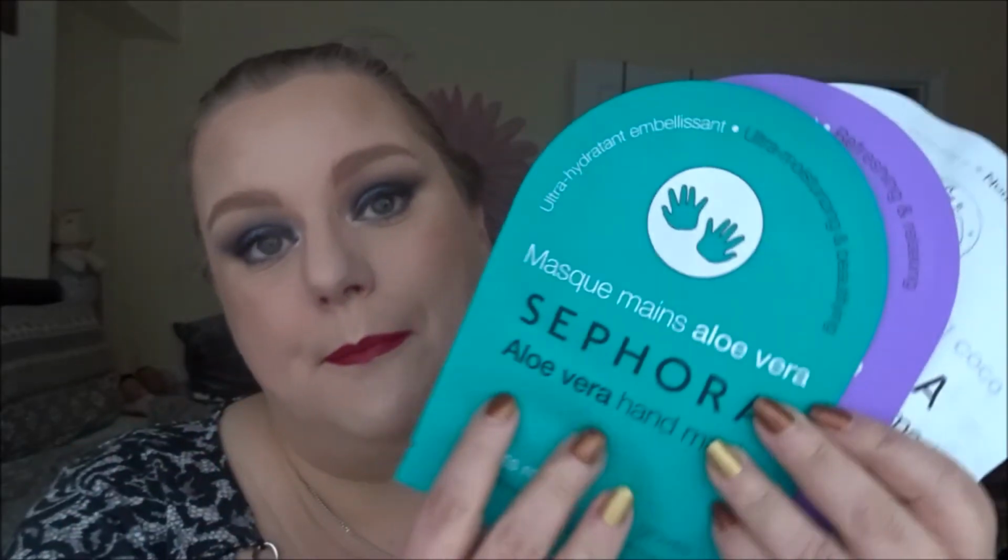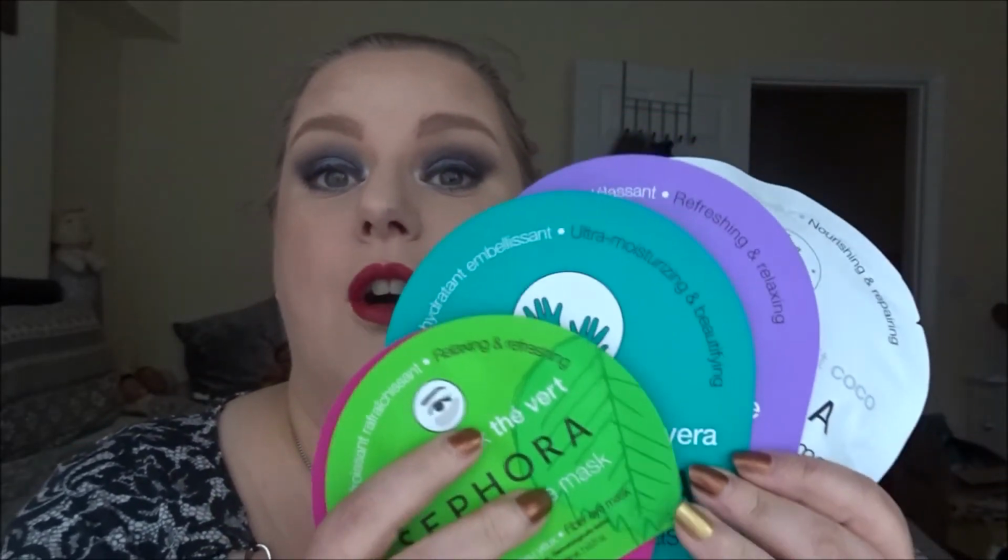So I have a rose lip mask, a green tea eye mask, an aloe vera hand mask, a lavender foot mask, and a coconut hair sleeping mask. So this is an overnight hair mask sort of thing. So I want to use all of these up because, as I say, they've been in my collection for 3 years, and I really, really need to use them up because I bought them on holiday